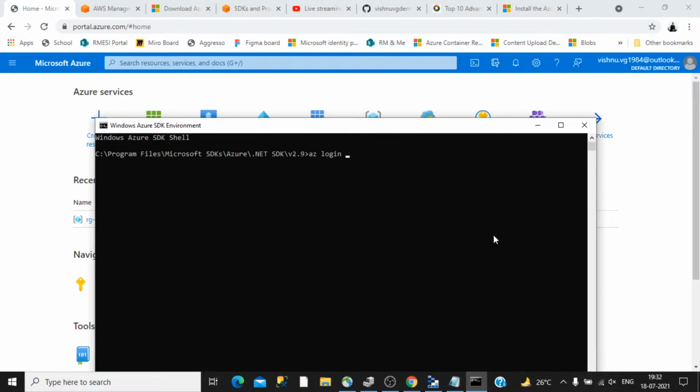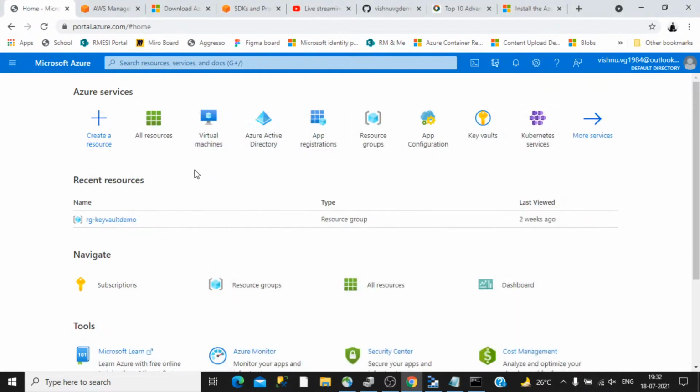You may be thinking, okay, I can install that on my local machine, and once authenticated, I can interact with the cloud. That is fine. But what if I don't have a particular machine, especially if I am going on vacation, or if I am in some outstation where I don't have my laptop with me? If you have access to any machine, you can use a web browser and connect to this particular portal.